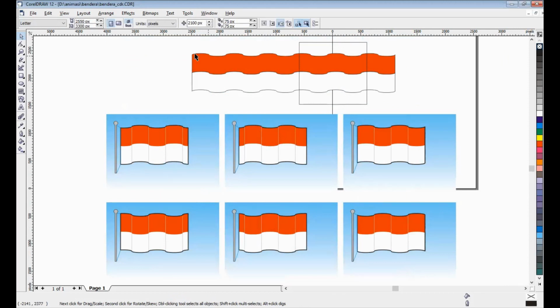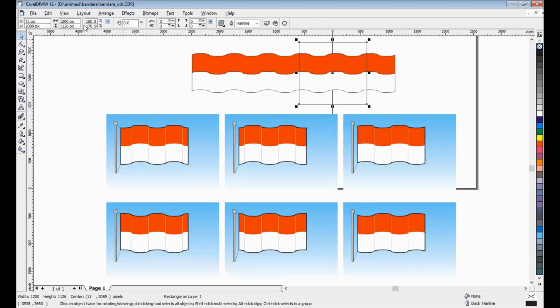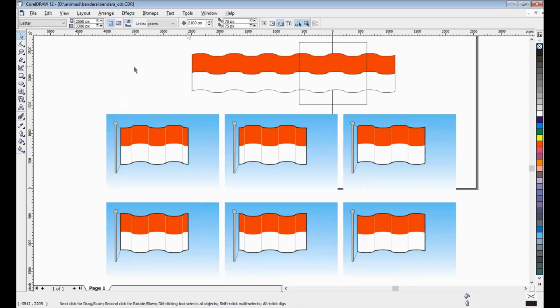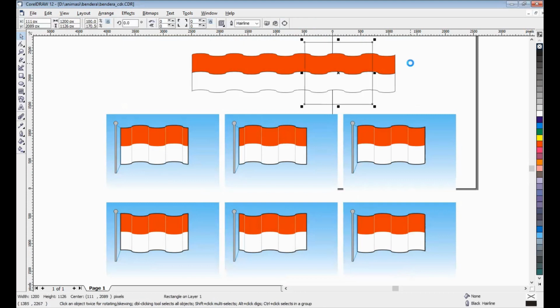But now I will show how to create this. I prepare the scenario like this, and I use rectangle to shaping. Use shaping and weld. Okay, I get 100. Take a look. That's it.